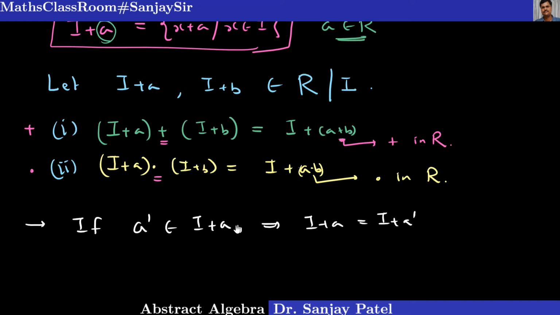So a given coset you can write in many ways. Just take any element in that coset and again form a coset with the same element, and you will get the same coset. This is known to you from group theory. In group theory we write it this way: if B belongs to a right coset HA, then the right coset of H by A is the same as the right coset of H by B. So I am using this result. It is true both ways. So that is the meaning here.